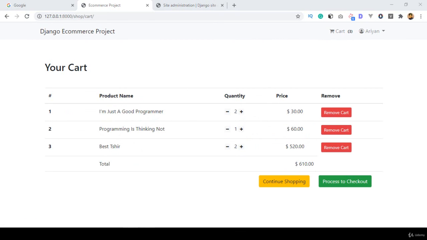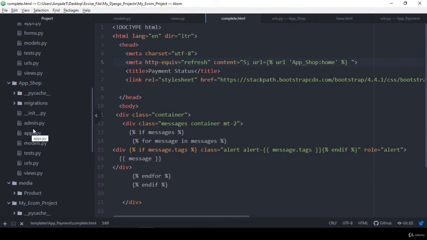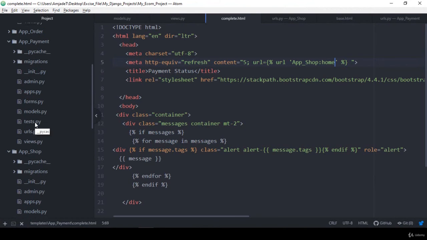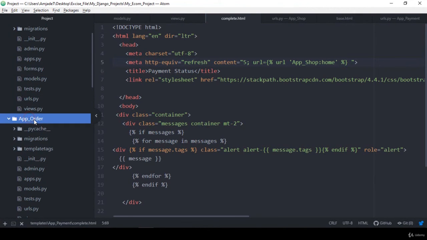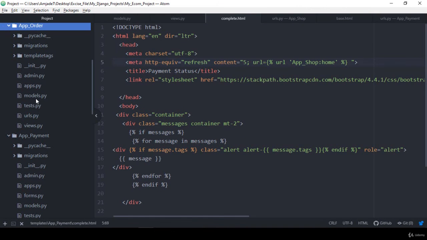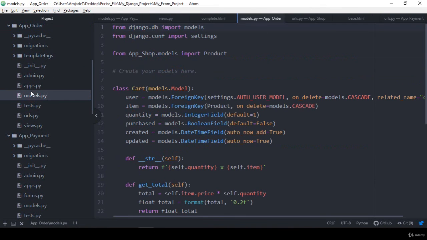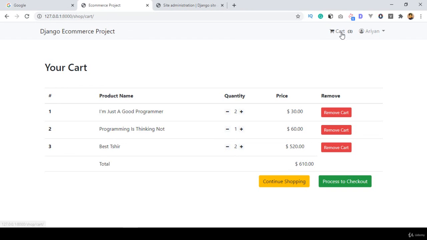So for doing this, if you go to our app order, into the app order model area, you can see I defined purchase by default as false, right? So for that reason all our values are on here, so I have to make the things true. When our purchase field data will be true, when our order data will be true,